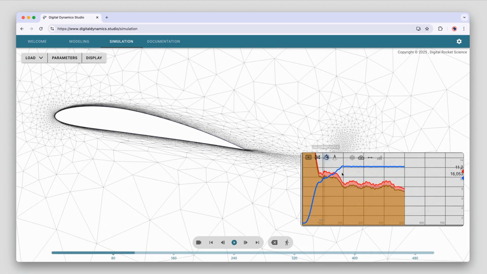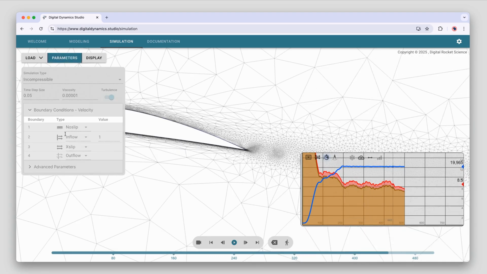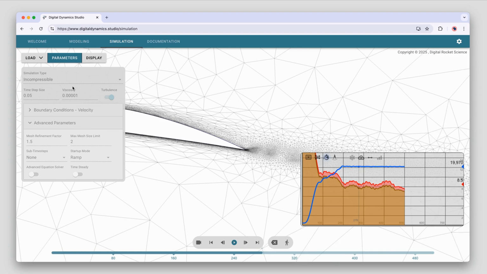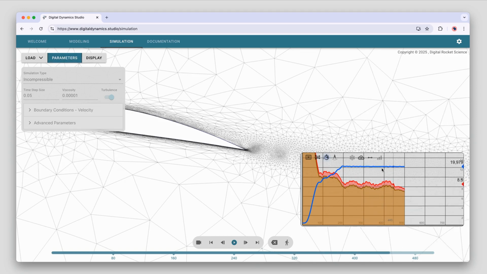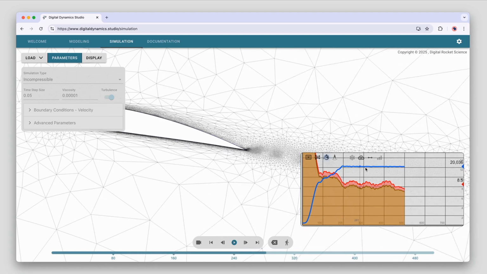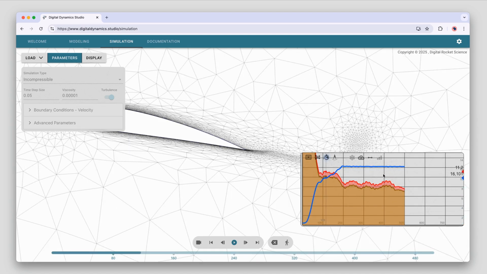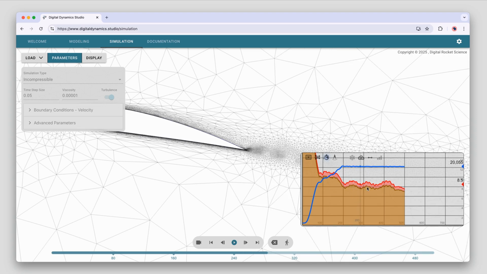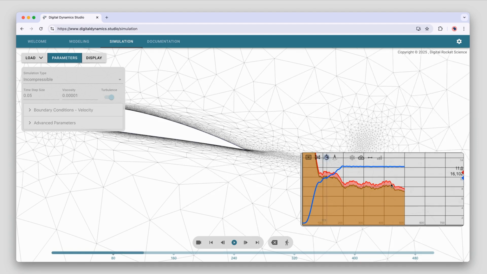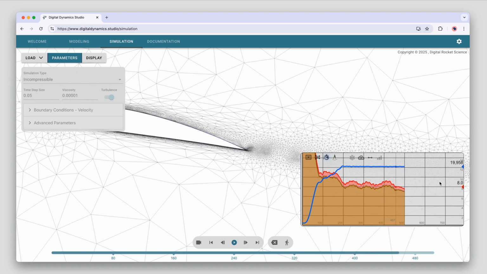If we look at the performance graph, you can see that the mesh did go up to 20,000 elements. Remember, in the advanced parameters, we set a mesh size limit of 2, which corresponds to 20,000 elements. It's capped, so the mesh size isn't allowed to grow any larger than that. If we changed that to 3 or 2.5, then the size of the mesh, as represented by this blue graph, would have gotten larger and a little bit more accurate. But these are expensive simulations that ran fairly slowly. The red graph represents how fast the simulation ran, which in this case on my machine was about 9 frames a second. That's not bad, but these are expensive